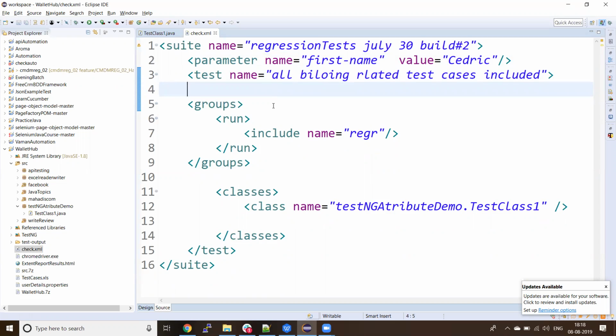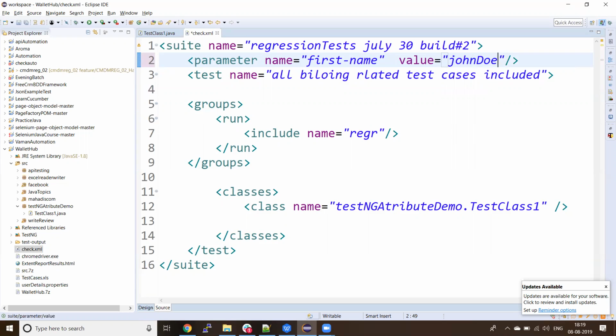So I want to send one parameter from the XML file. I want to send a parameter first name, which may be used as test data, or which may be used as a configuration element. So as of now, I am putting first name is equals to some name, John,